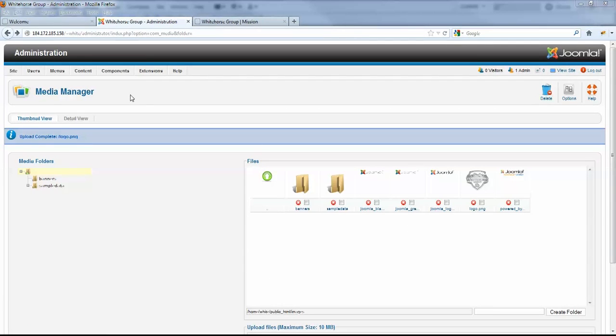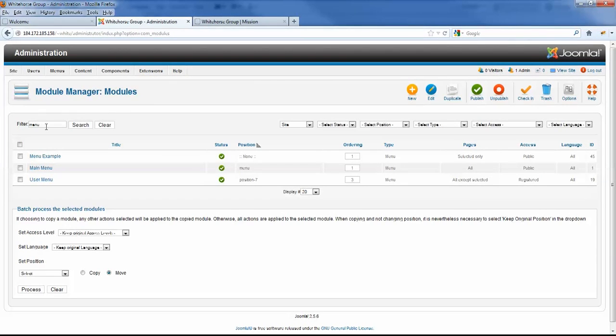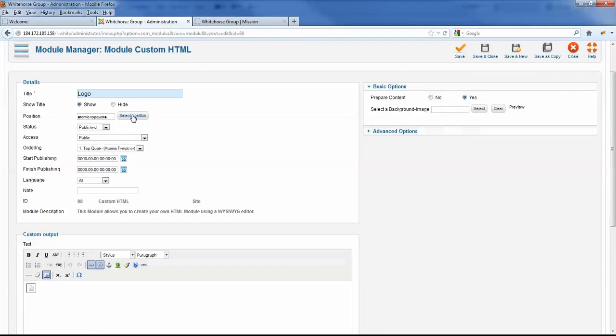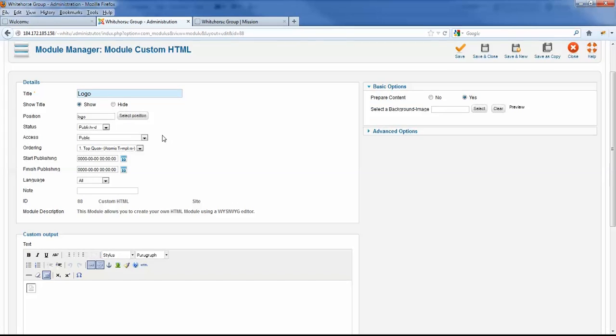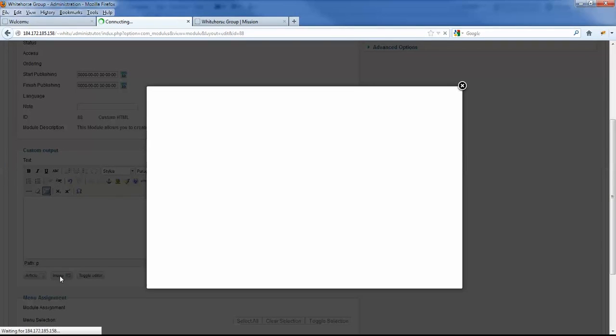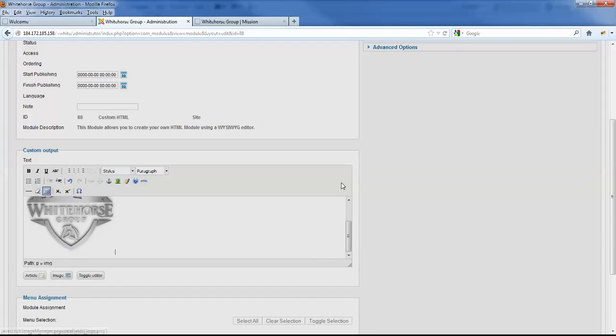Okay, and now what I want to do is just go over to the module manager, and I'll just search for logo. Okay, and we also want to make sure that this is assigned to the correct position, and in our template we have logo for this position, so I'll just select logo. Okay, and I'm actually just going to delete this, and I'll just select the logo image from our library,